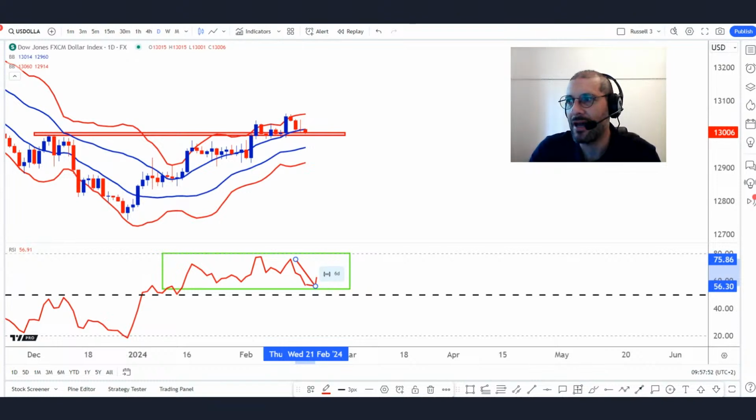Now, what happens, Anna, if the stochastic stays in the lower quintile? Well, that means that the RSI is in danger of breaking below that 50, isn't it? So does that make sense? Does that explanation help? Yes, of course, RSI is pointing down. But the idea here is we're still above 50. Now we're hoping that the support is going to catch, which is not a hard, fast guarantee.